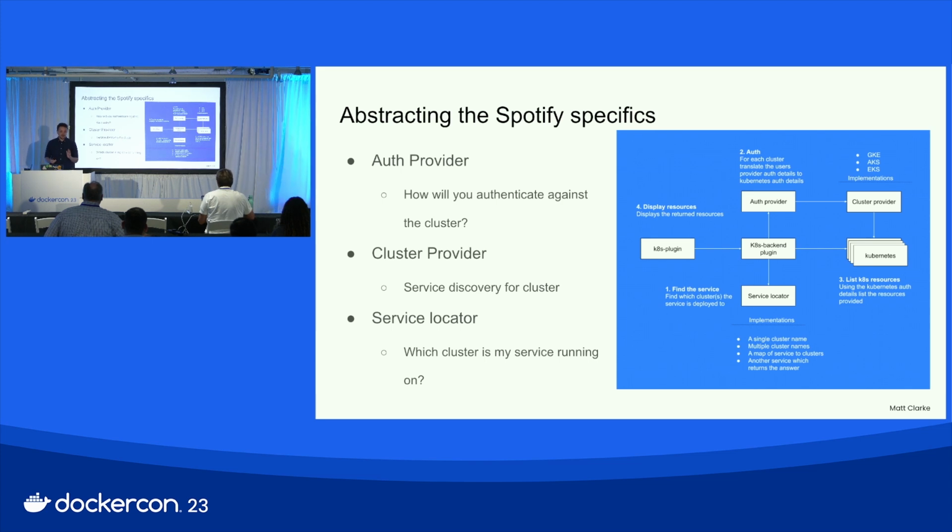Then there's the cluster provider, which is basically service discovery for clusters. So this is you telling Backstage how you are actually going to find the clusters in order to interact with them. You can do this through config. You can also do it by just pointing it to an AWS EKS cluster. You can point it towards a GCP project, and it will just scan all the clusters and start talking to them. You can also, one of the interesting things, ingest a Kubernetes cluster into the Backstage software catalog